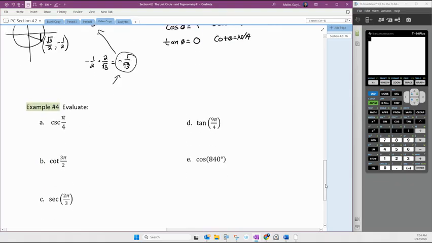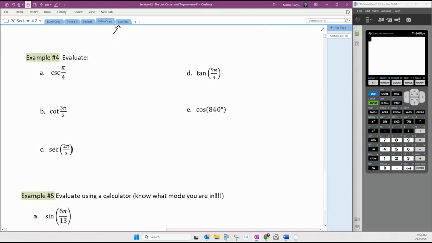All right, let's keep rolling. Cosecant of pi over 4. So now I'm just randomly throwing some at you. Pi over 4 is root 2 over 2 for sine and for cosine, for x and for y. So what's the best way to think about this problem? If you're going to think unit circle, then we know we're talking about, again, the root 2 over 2's. You do all this in your head. So once you get that figured out,